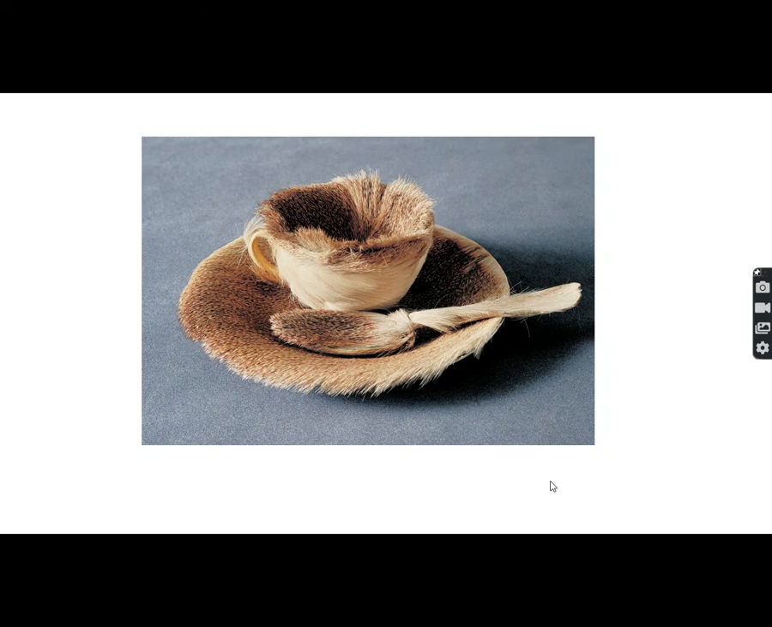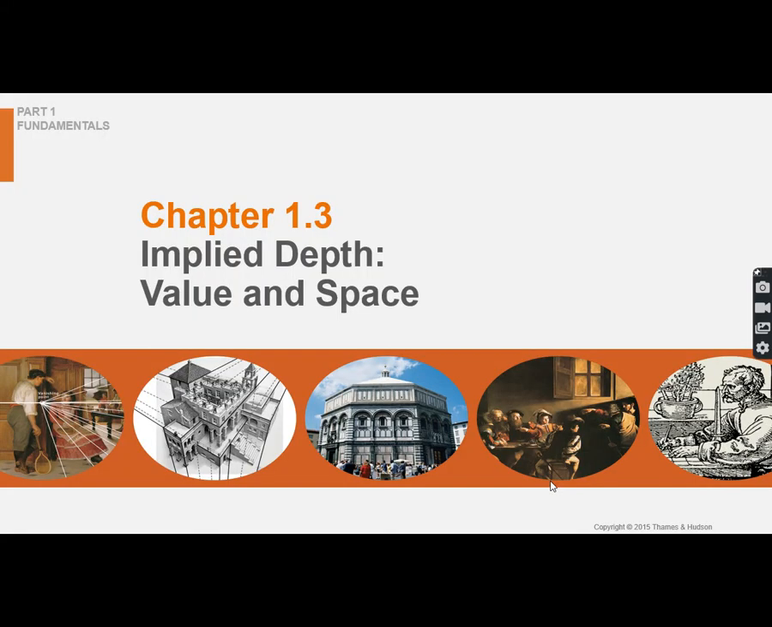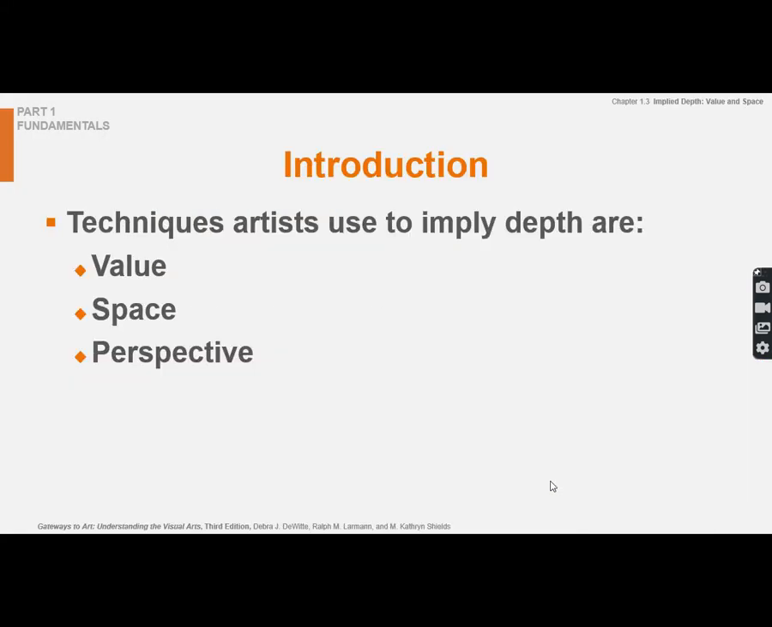All right, and then the Oppenheimer piece here, the gift. You can see texture is a very important thing. Maybe not to evoke a very nice feeling. All right, 1-3, we're going to talk about value, space, and perspective. So here we're going to get into